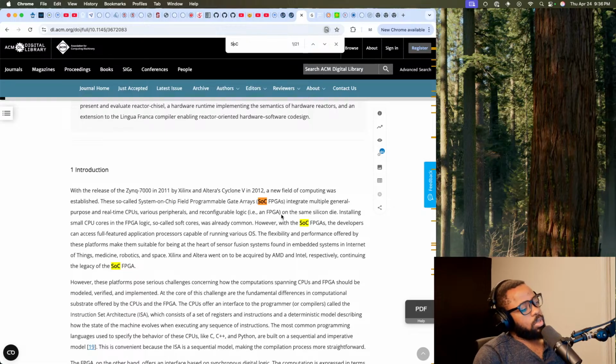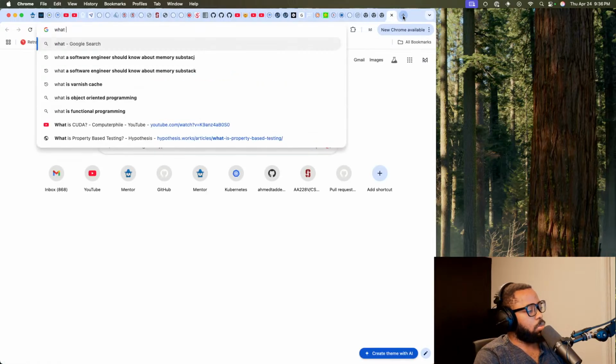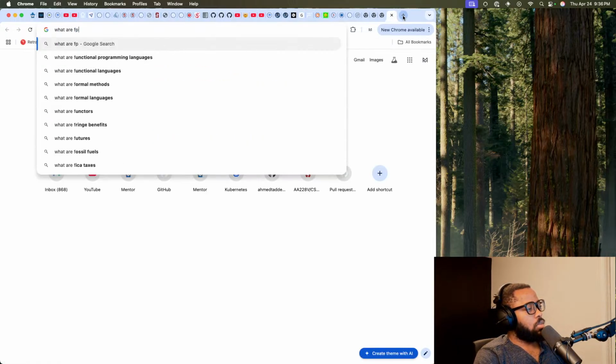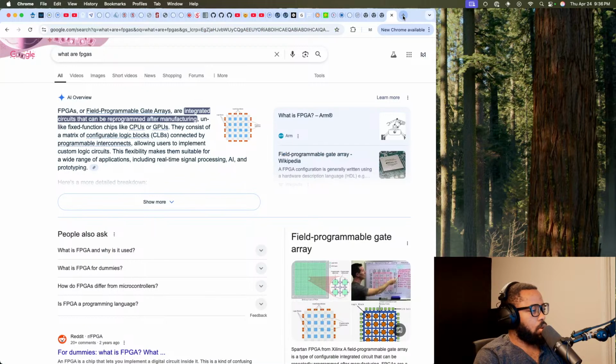Wait, so FPGAs. Refresh my memory, what are FPGAs again? I know it has something to do with you basically programming your logic straight onto the hardware.